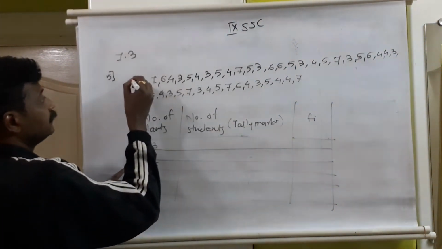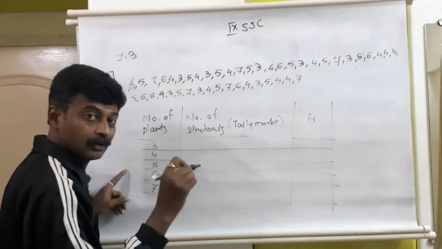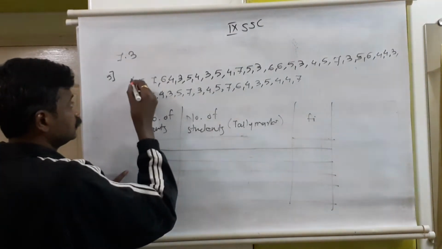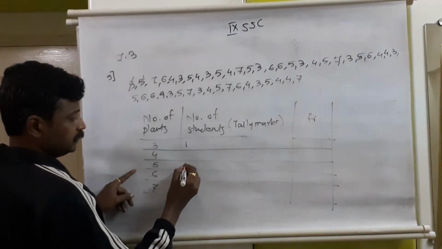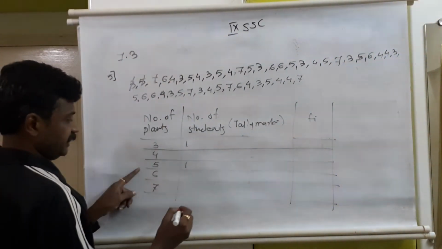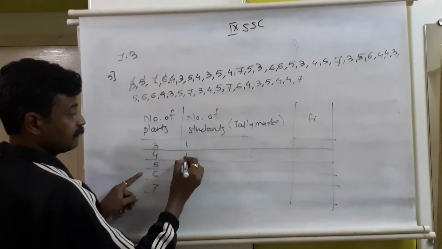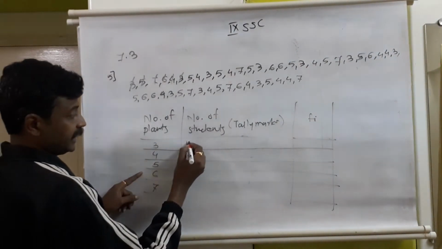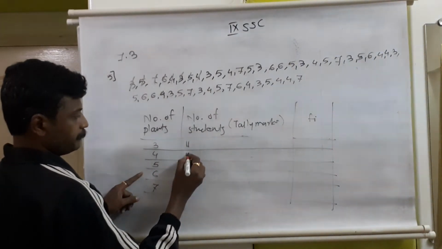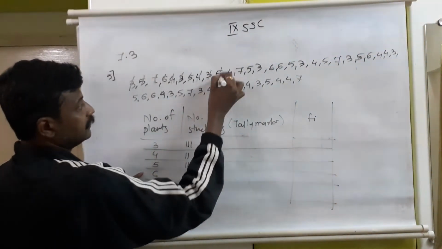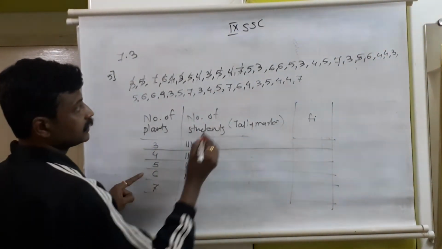How will it be? The first number is 3, so you can cut it with the help of a pencil or pen on your question paper or in the textbook. Okay, so 3, in front of 3 the first tally mark will come. Then the number is 5, so in front of 5 one tally mark will come. Then 7, one tally mark. 6, one in front of 6. 4, one in front of 4. 3, second tally mark in front of 3. 5, in front of 5. Then 4, then 3, 5, 4, 7, 5,